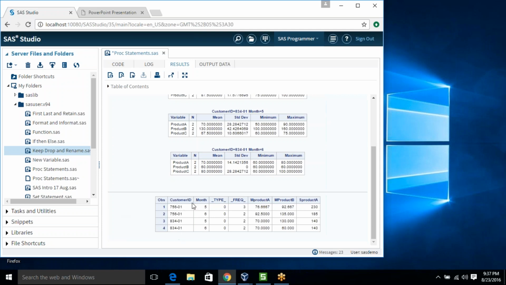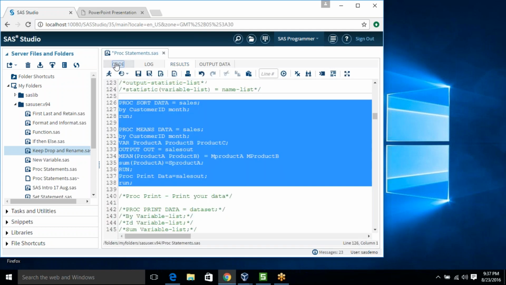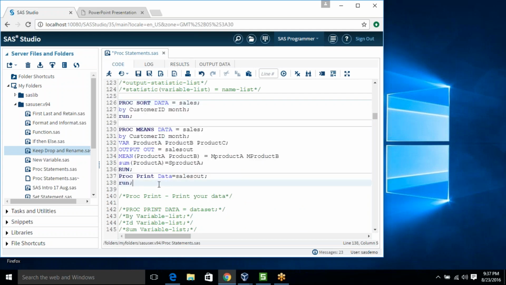So here you can see I have done it on the customer and the month level. So I'm getting the 4 entries. Okay. So anyone has any doubt for this output statement?